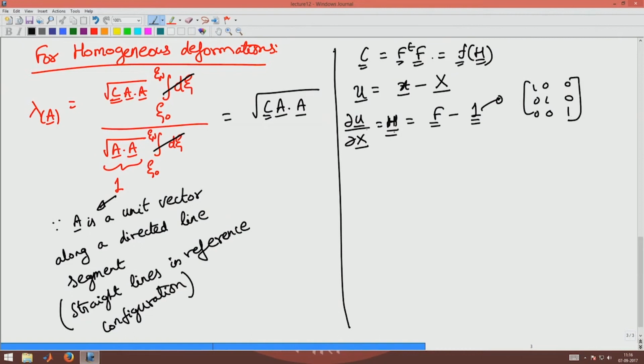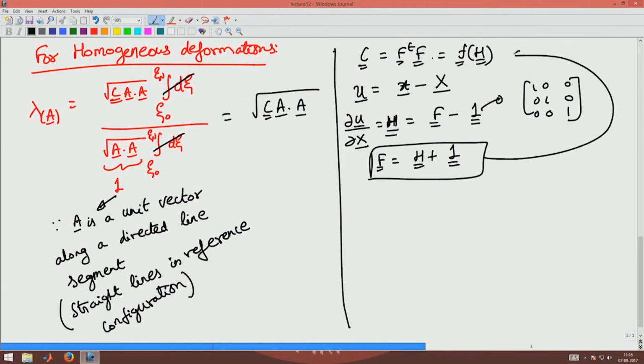Basically, if I compute grad of u with this expression, I will get this expression for relating H and F. Okay. So, what is F now? F would be H plus identity tensor. Okay. Now, substituting this back in here, I will get C to be